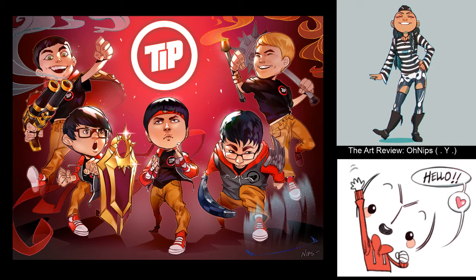I like the little details on the shirts, the little shadows. I like the light coming from the sign. You can see it clearly goes from the sign down into the sides. I like clearly the flames, well, not really flames, the smoke coming out of both sides, and the Yasuo wall. It's very, very nice. Clearly she put a lot of work into this, and she put a lot of work into the previous one,